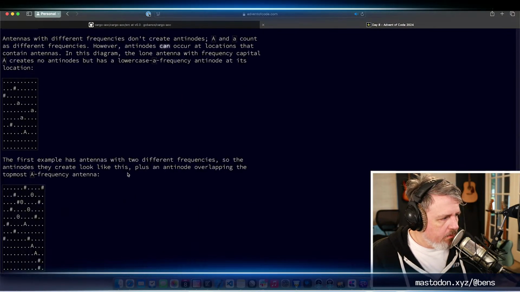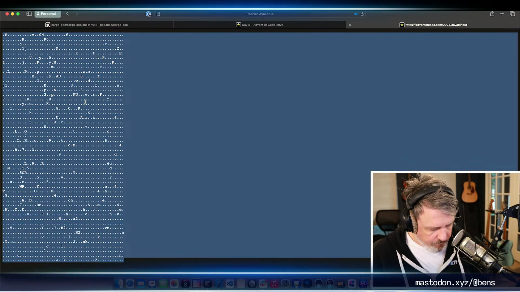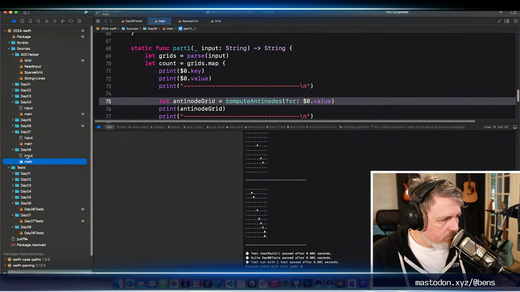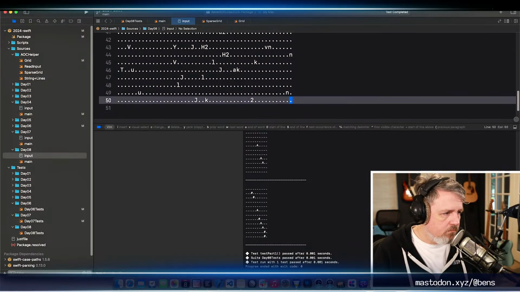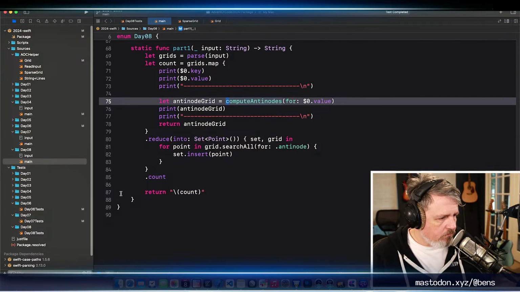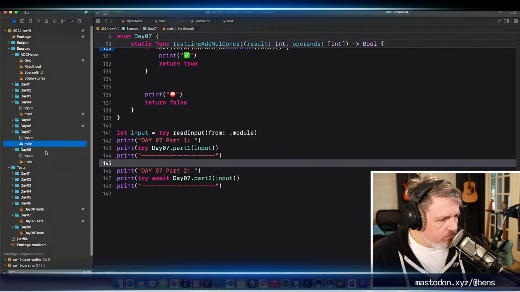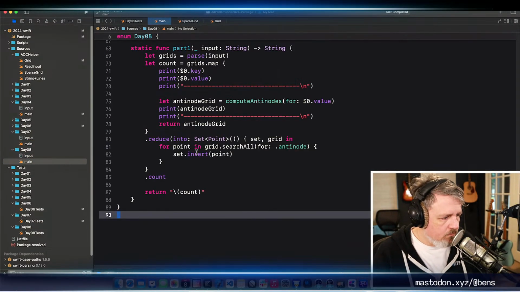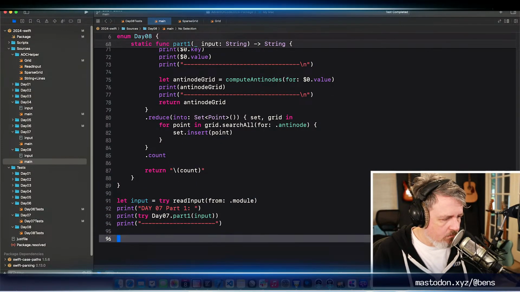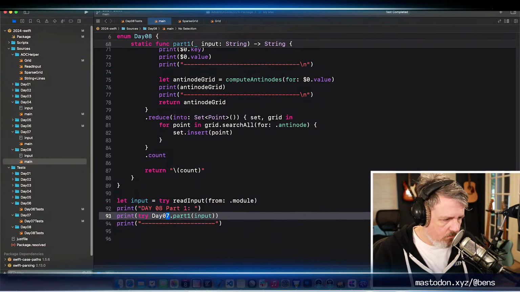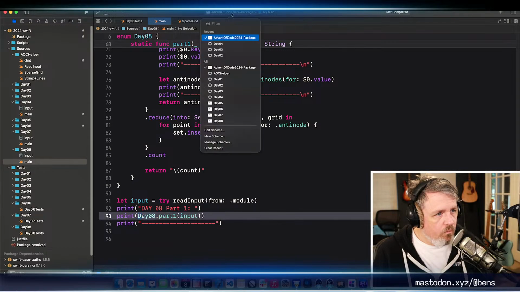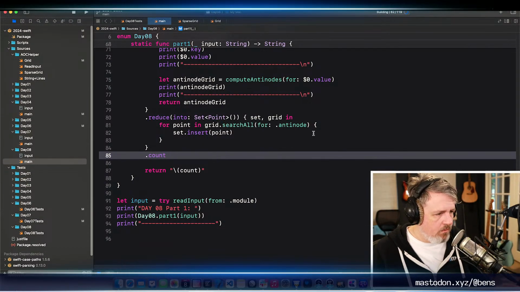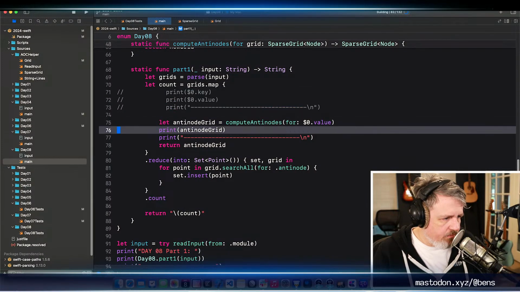Let's go back over here. Let's grab our puzzle input. And I probably don't want to print all this stuff.